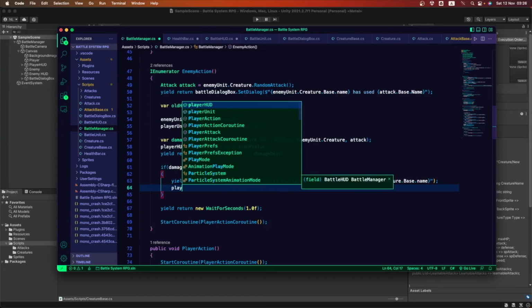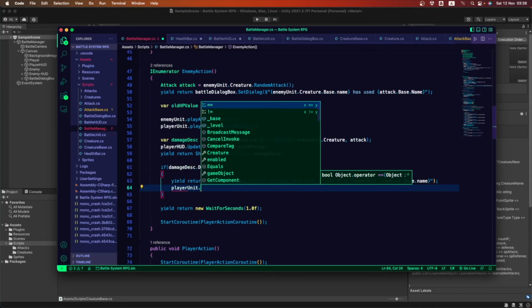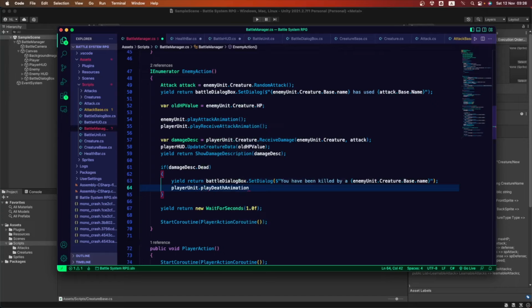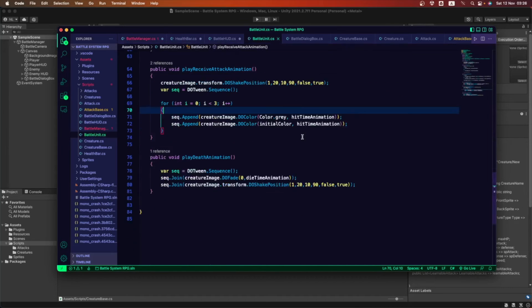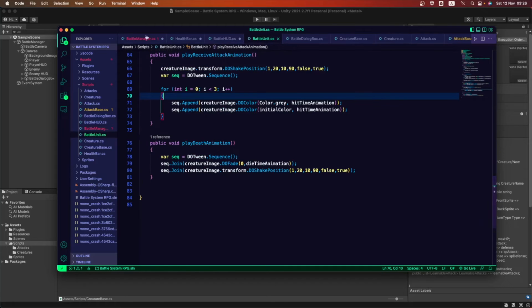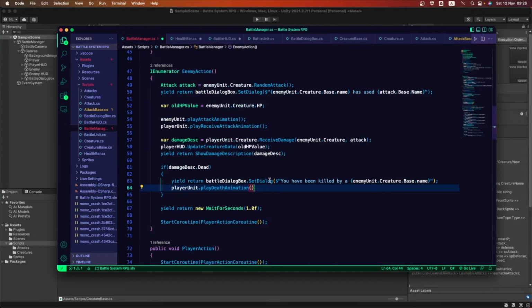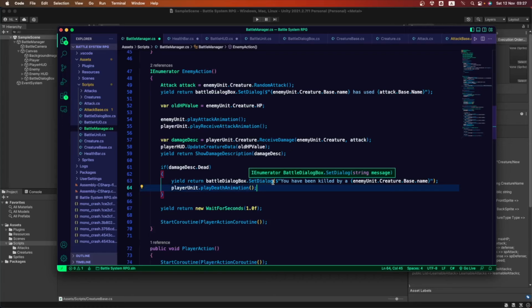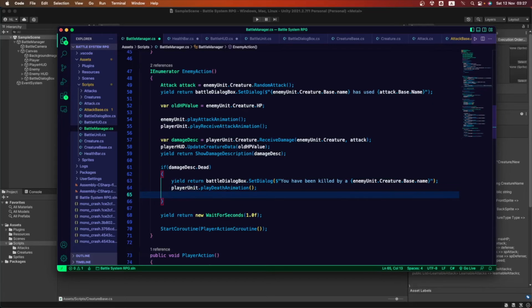Okay, so player unit, and remember the player unit had a play death animation, the one we created in the battle unit, which is this one. We want to play that animation from the player if we are dead, and then we can wait just a bit.